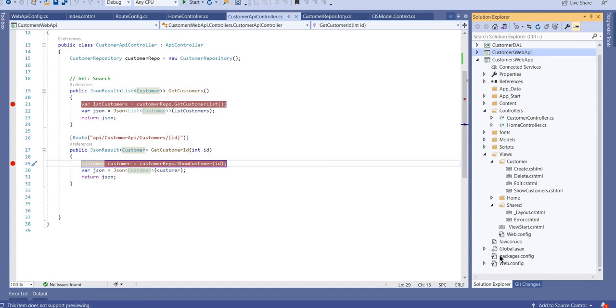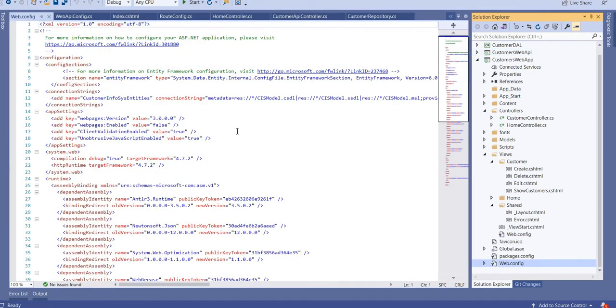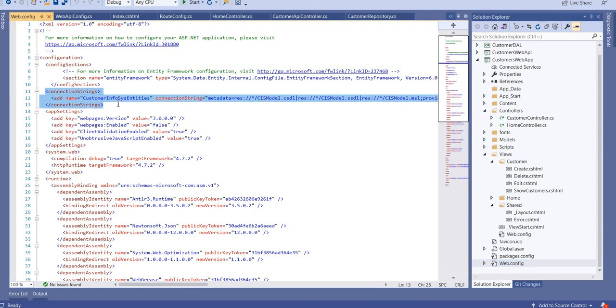Once it is done, here also remember, there are two web.config files, not inside the Views web.config. You have to copy the connection string from that customer DAL app.config file into the main web.config file. Okay, once it is done, fine.